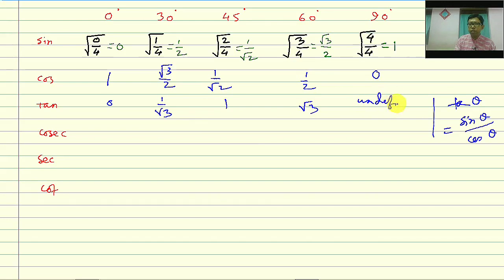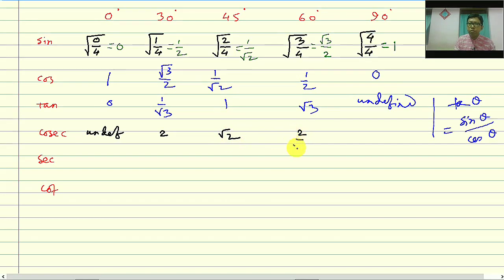So write it undefined. So the basic trigonometric functions sine, cos and tan found are; cosec, sec, cot are the reciprocals of these three. Okay, now write cosec of 0 degree is equal to undefined. Obviously the reciprocal of 0 is undefined. And cosec 30 degrees is equal to 2, cosec 45 degrees is equal to root 2, cosec 60 degrees is equal to 2 upon root 3 and cosec 90 degrees is equal to 1. Just reciprocal of 0, half, 1 upon root 2, root 3 by 2 and 1.